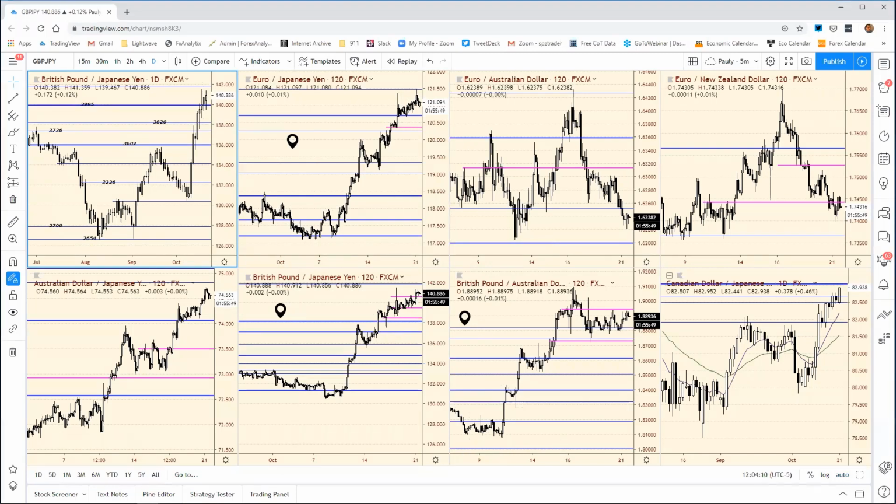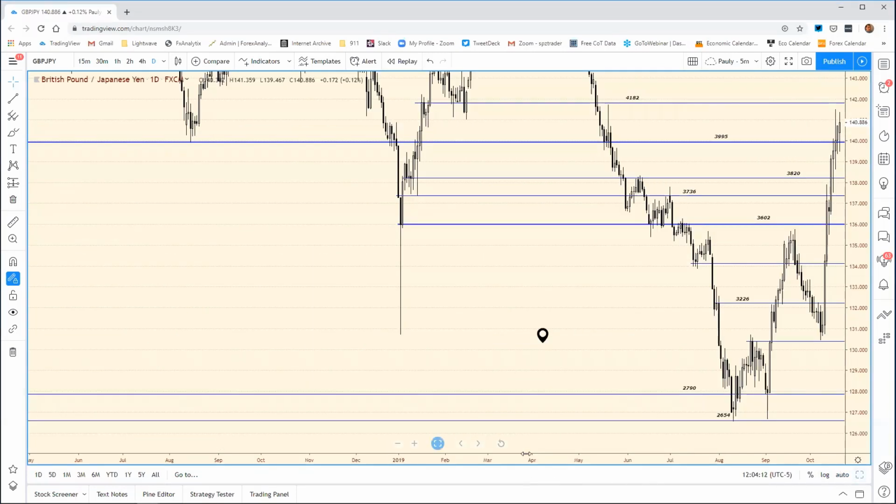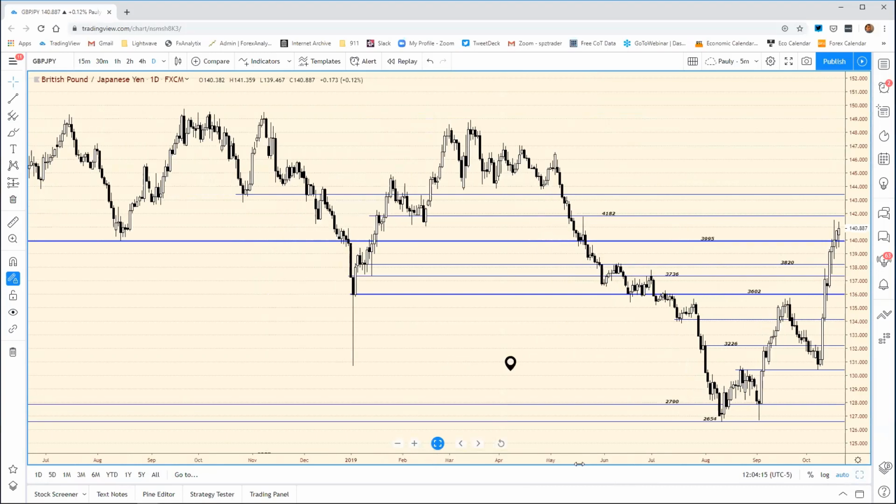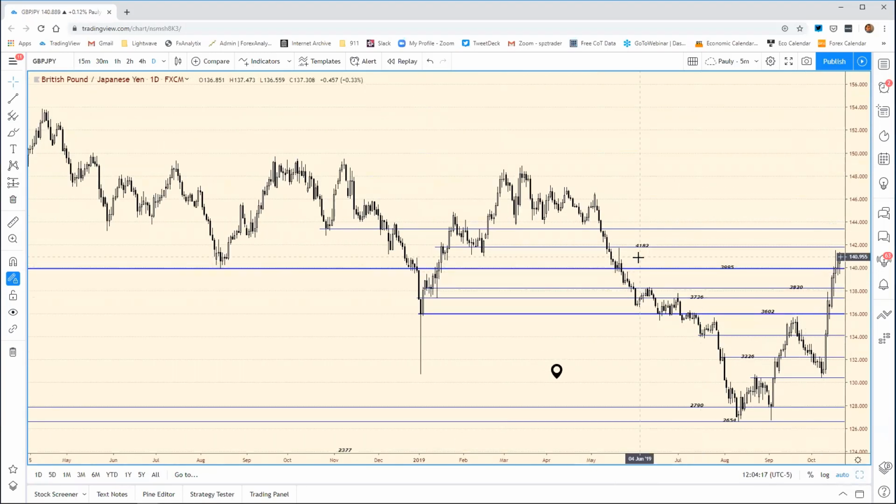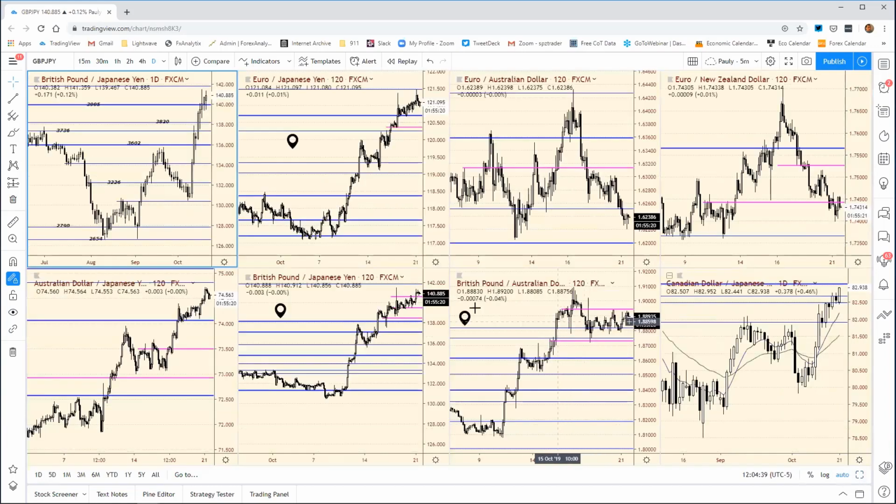Let's go into the guppy, though. We have a resistance here at 41.82. That's our bias chart resistance. And the support is 39.95. We may make one more little jab up in here, but 41.82 is pretty decent here. So if you've played this, and if you haven't already taken a lot of it off, I would consider taking more. It's up to you, but around this 41.82 definitely, or moves towards that. And then if we look into sterling odd,